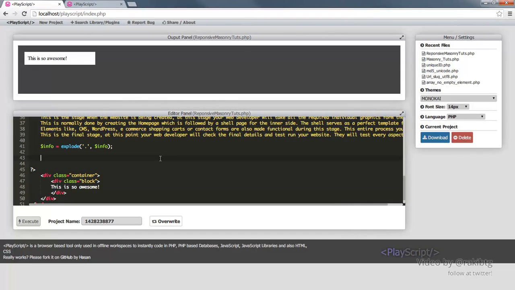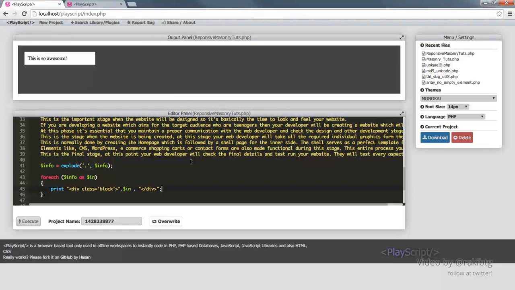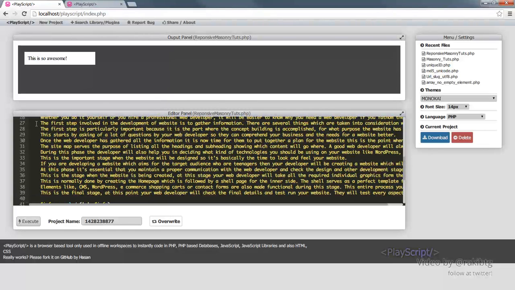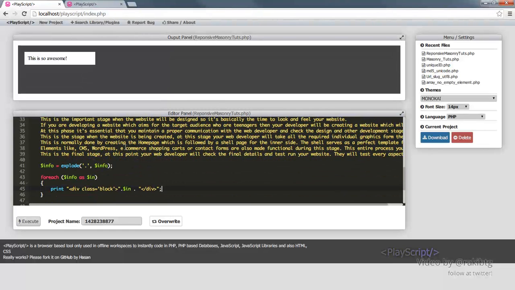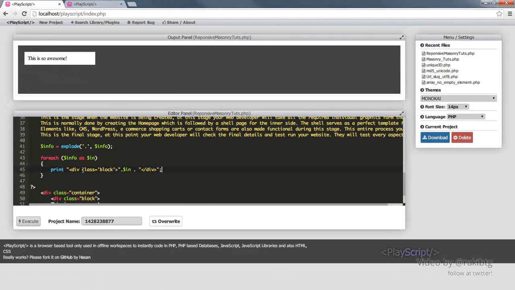I hope you understand. I'm not going to confuse you with this. So now what it does is grab every line and convert every line into a